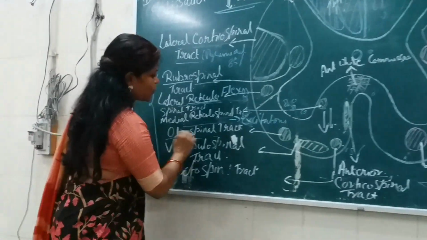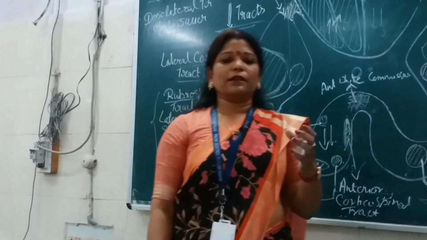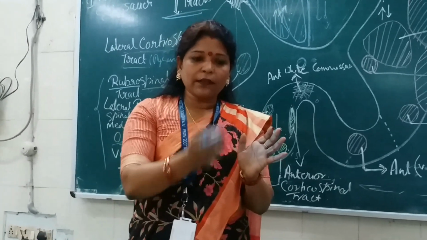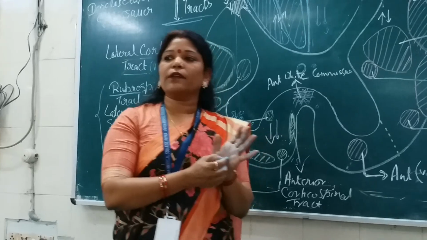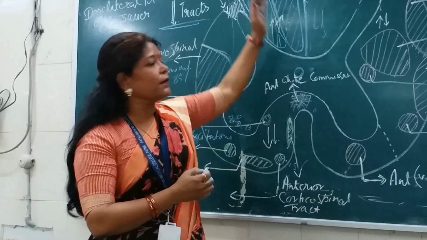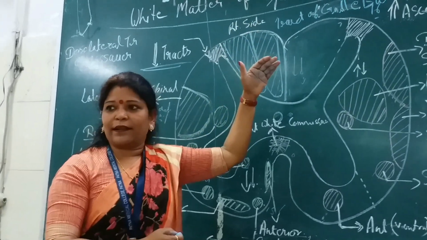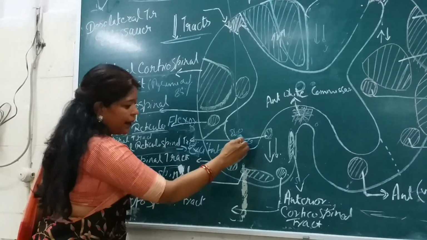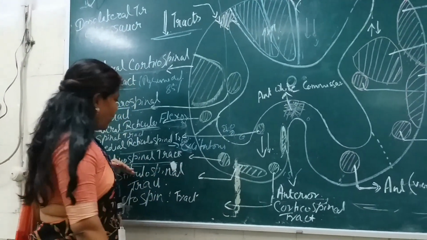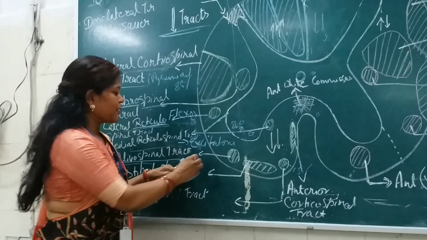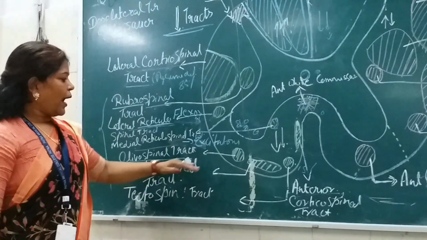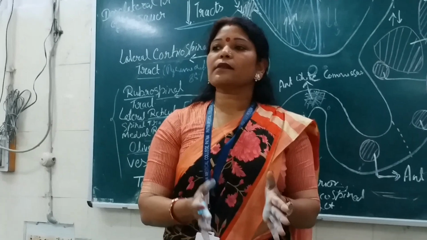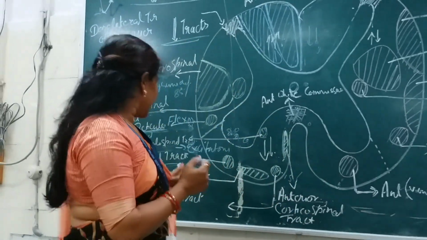Then comes the olivospinal tract. Again, in the prefix it is olivo. In neuroanatomy nomenclature, olivo is of course the inferior olivary nucleus. The olivary nucleus is present in the medulla oblongata, again a subcortical area. From the inferior olivary nucleus in the medulla, the tract comes and ends in the spinal cord, so it is named the olivospinal tract. That means this tract is coming from the medulla, and it has an extensor effect. It influences the extensor group of the muscles.